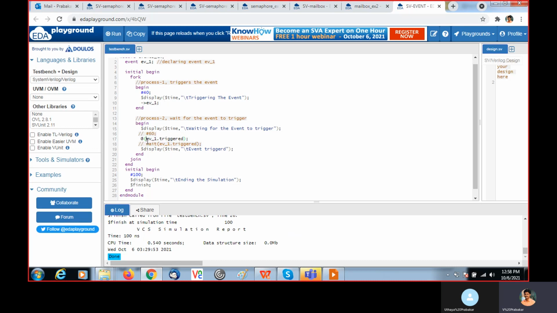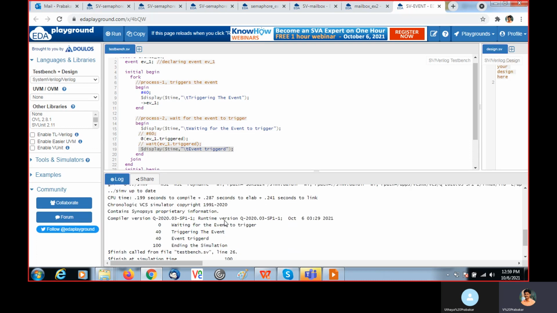Then only it can recognize when the event gets triggered. So here it is triggering after 40. But before that, this line will happen and it is waiting for the event to trigger. When it happens, it will enter into the following lines.